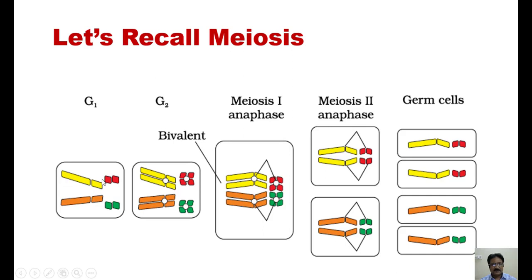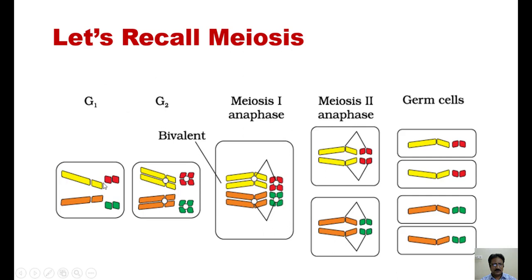Now this cell is going to undergo meiotic division. You know, in meiotic division there are 2 stages: meiosis 1 and meiosis 2. In meiosis 1, there is reduction division. Meiosis 2 is equational division. Now let us see what reduction occurs. Before entering meiosis 1, the cell is in the cell cycle: G1, S, G2 and then M. It is in the cell cycle stage.